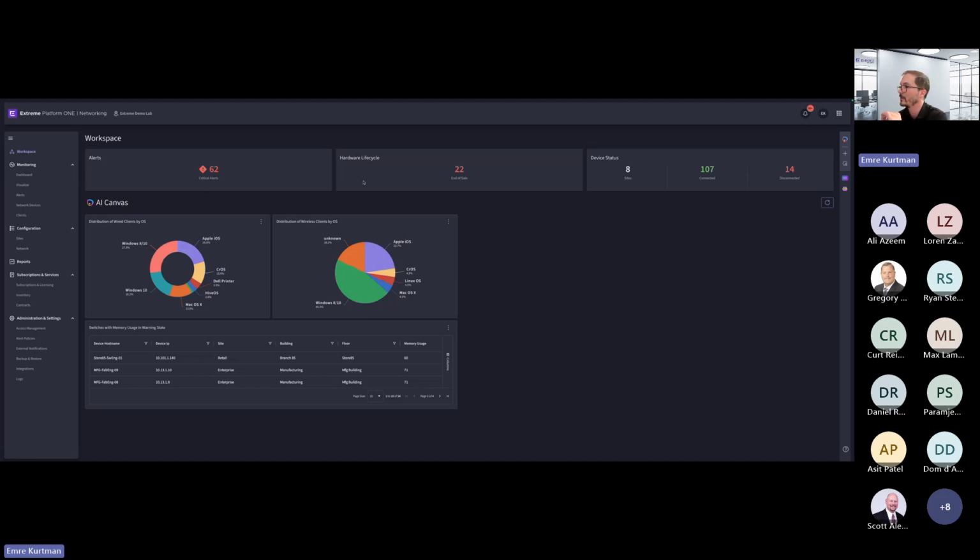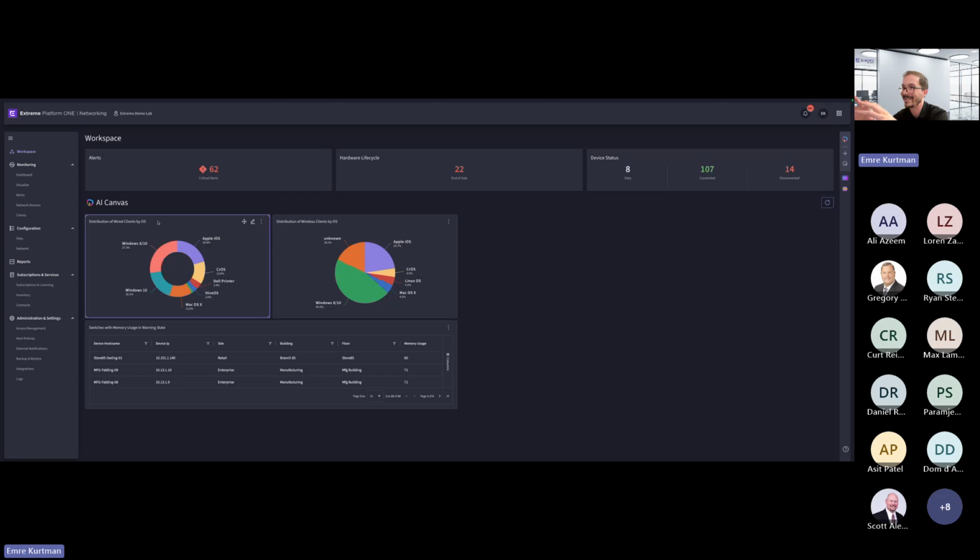That's why there are some static elements like alerts, hardware lifecycle, device status, where you can quickly see your overview of your network. But then we have this concept called AI Canvas, where you can create your custom dashboard.